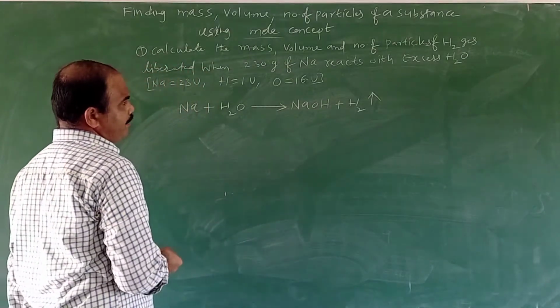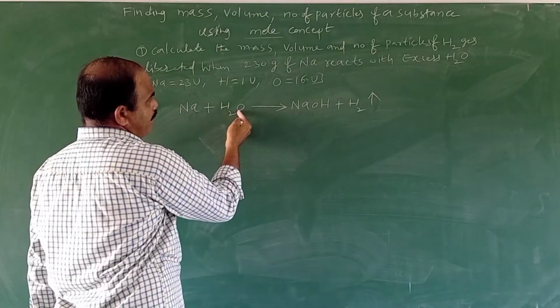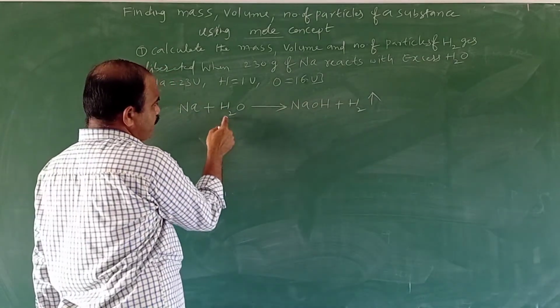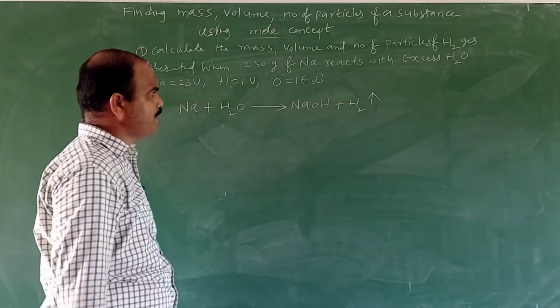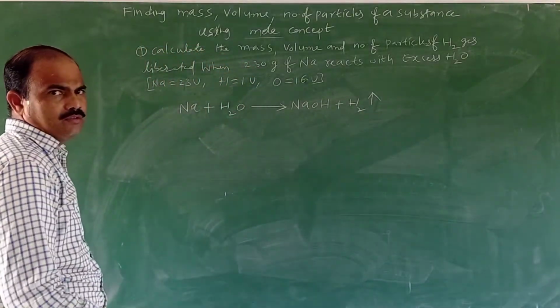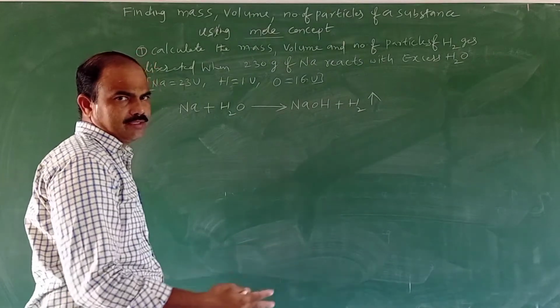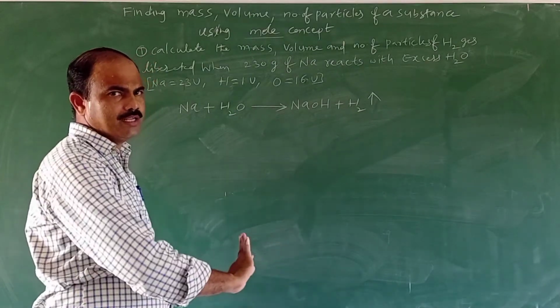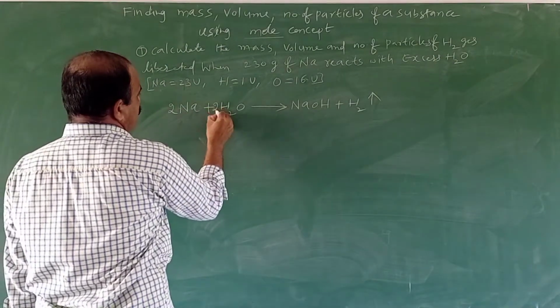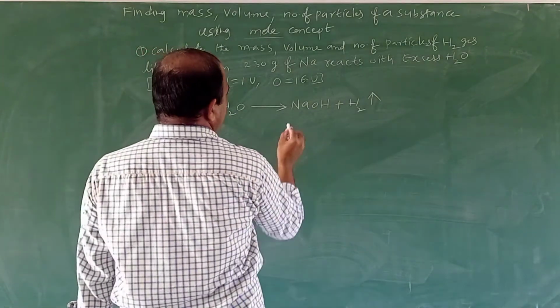Okay. And next coming to the oxygen. Here one oxygen, here is also one oxygen. But here how many hydrogen atoms are there? 2 hydrogen atoms. But here 3 hydrogen atoms are there. So then how can we balance? By using any technique or any method, you have to balance the equation. So when you balance it, you get the 2, and next one is the 2.